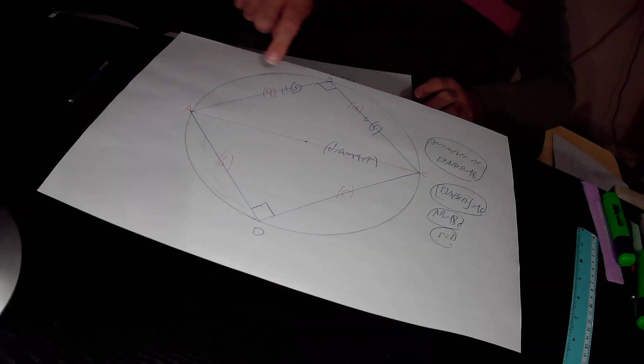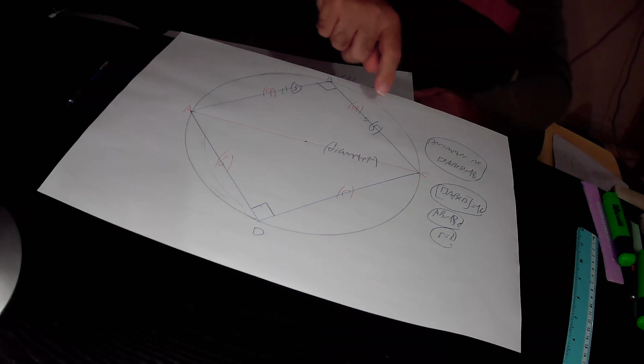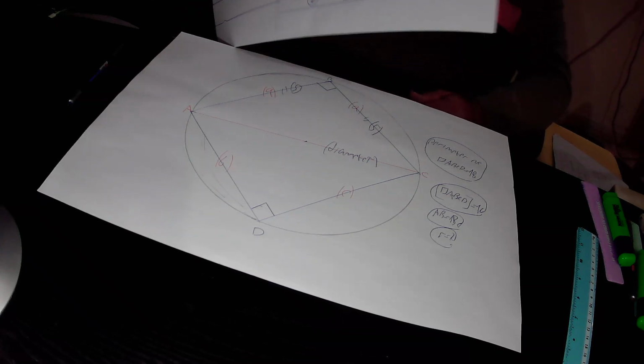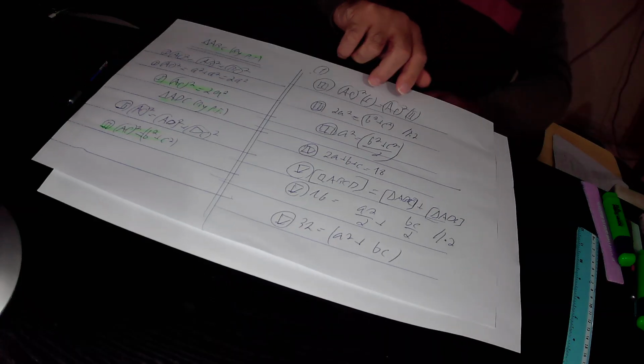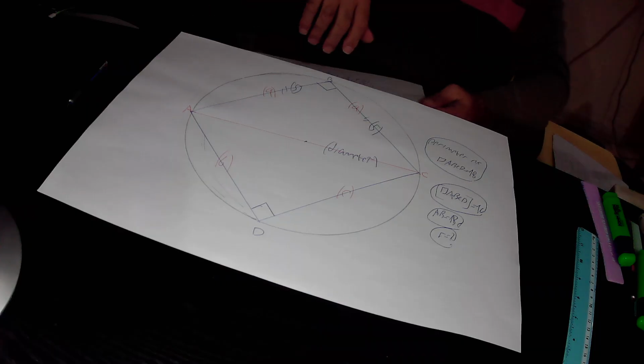The area of this triangle ABC equals the base AB times the height BC over 2. AB is A, BC is also A, divided by 2. So it is A times A over 2, which is A squared over 2. So we found out that the area of the triangle ABC equals A squared over 2 square units, plus the area of this